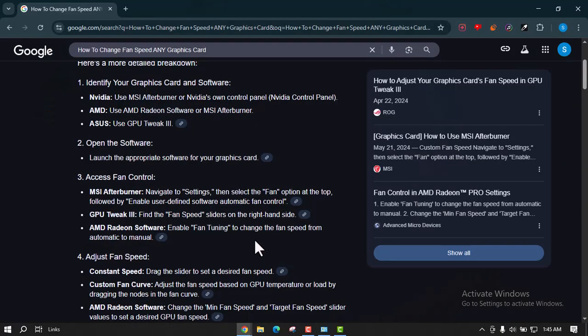So what you have to do is, the first one is if you are using Nvidia, use MSI Afterburner or Nvidia's own control panel and go to the browser and launch the appropriate software for your graphics card. And then if you are using AMD, navigate to the settings, then select the fan option at the top,